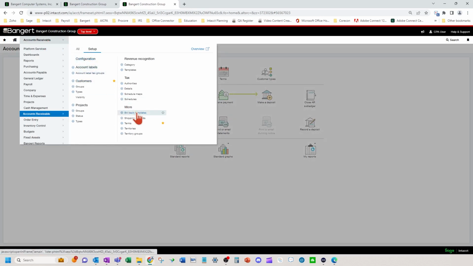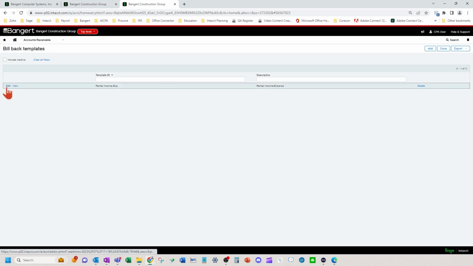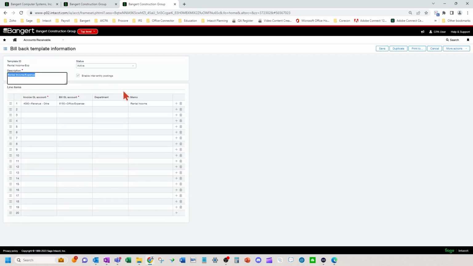So we're going to come here to bill back templates. And here's an example bill back template that is set up already. So I'm going to edit this. The first thing you want to do, you'll give it a name and you'll tell it which invoice or revenue account and which bill or expense account that bill back template is going to use.